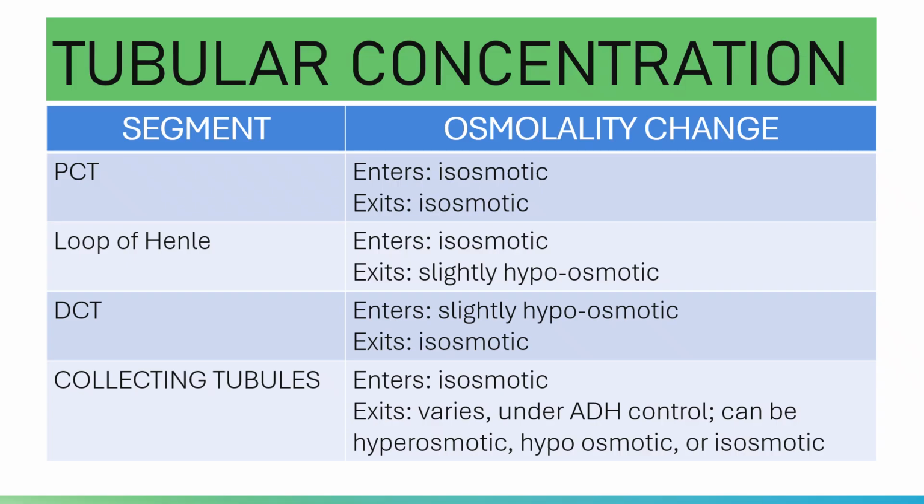Okay, please note, since I am concerned with the terms, the fluid present here is still ultrafiltrate. Ultrafiltrate pa rin po ang tawag dito. Also, in the loop of Henle, ultrafiltrate pa rin. Ultrafiltrate, still at the DCT. But as soon as the fluid reaches the collecting tubules, it is already urine. According to reference materials, as soon as the fluid reaches the collecting tubules or the collecting duct, it is already called urine.